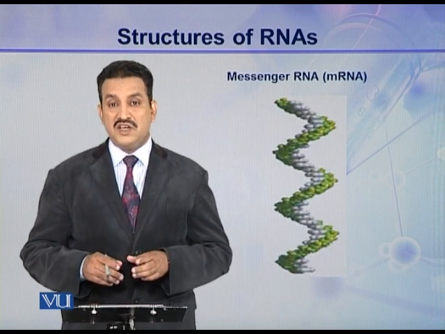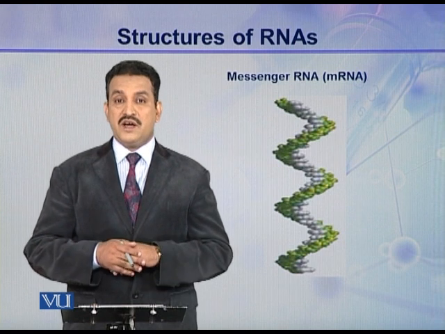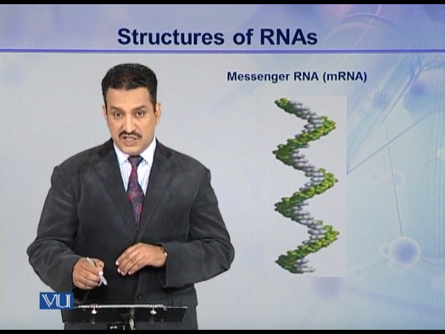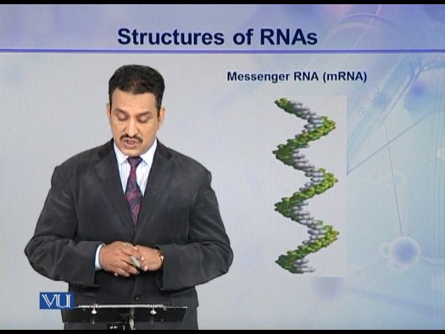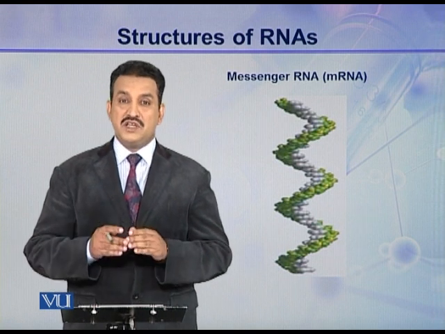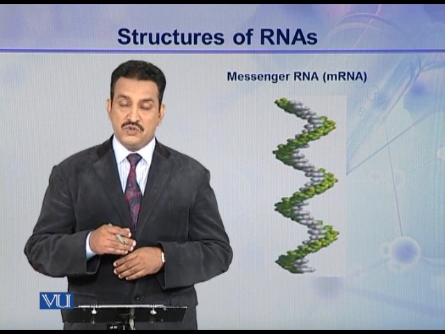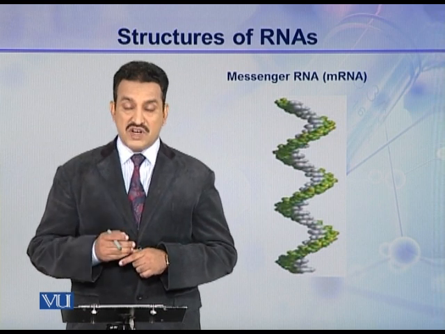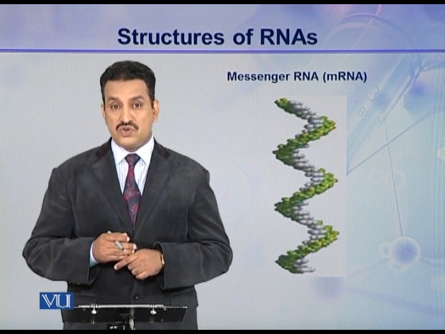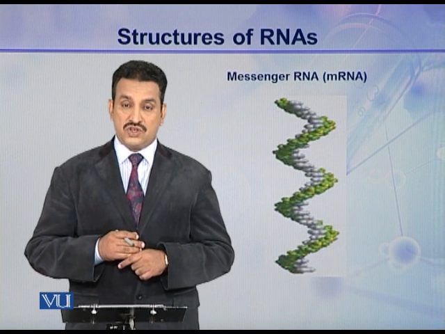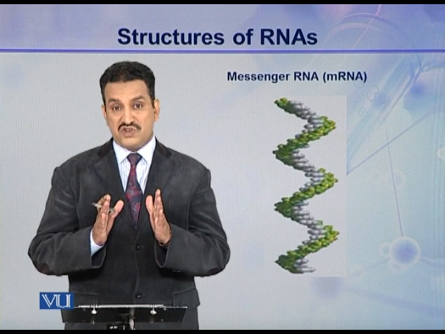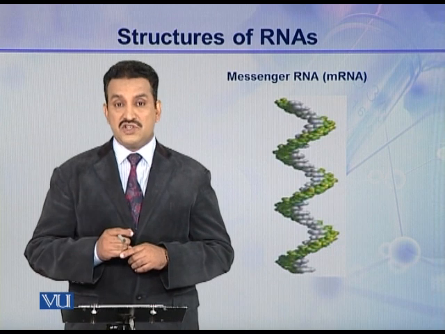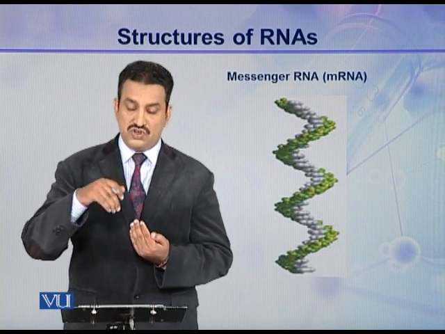So this is the helical structure which is assumed by an mRNA molecule. In this structure, the white line represents the nitrogenous bases, while this green line represents the backbone consisting of ribose sugars and phosphoric acids. So this is a single stranded helical structure in contrast to the double helical structure of DNA, where two strands are helically coiled around an imaginary axis, but here only a single strand is coiled around an imaginary axis